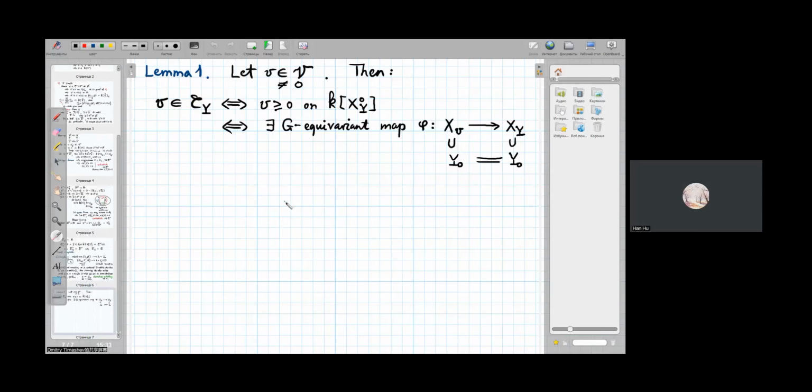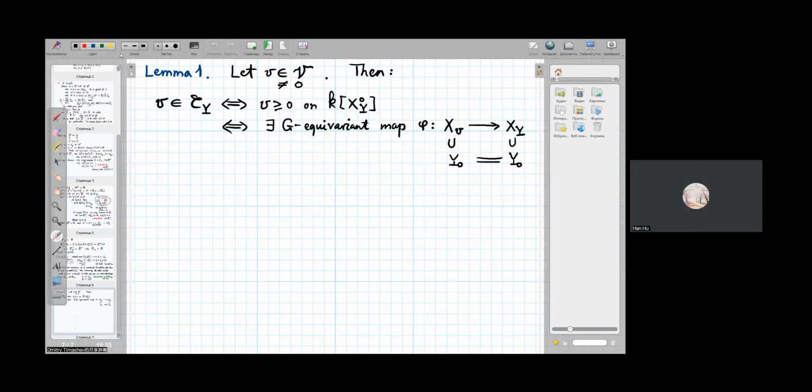Yes, I mean, this is another point. The first statement, V belongs to CY. This statement means that there exists a simple spherical variety such that V belongs to CY, or given a spherical variety, V belongs to CY is equivalent to the following two statements. Given, excuse me, given a simple spherical variety,